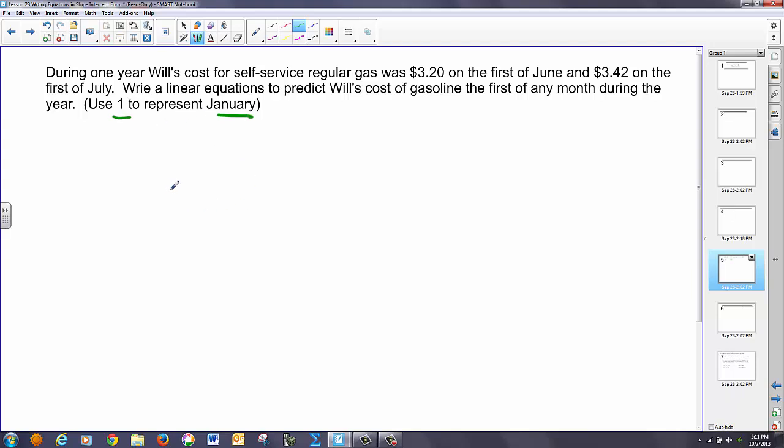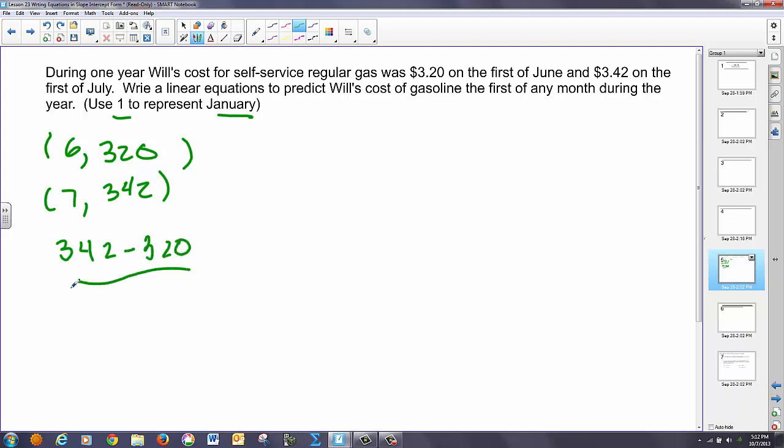So what they're telling us is we have some points we have to consider. Since this is June, June is the 6th month, and we have a gas value of $3.20. I'm just going to use pennies. And then July, which is the 7th month, is $3.42. So this is just like the other problems we've done. We've got really 2 points here, so all we have to do is find a slope by taking 342 minus 320 over 7 minus 6,